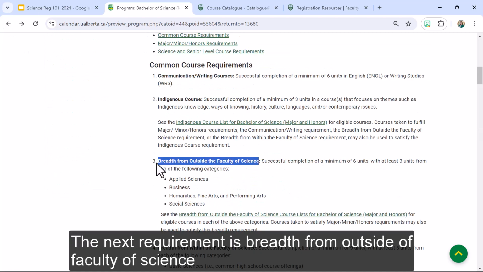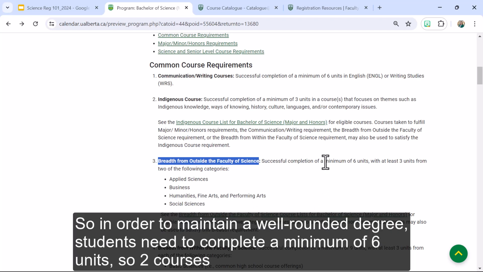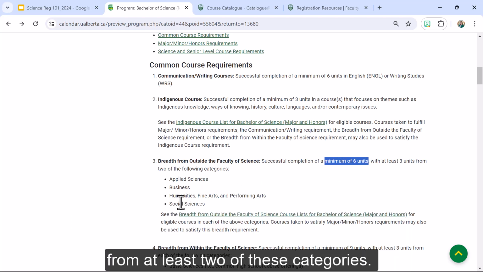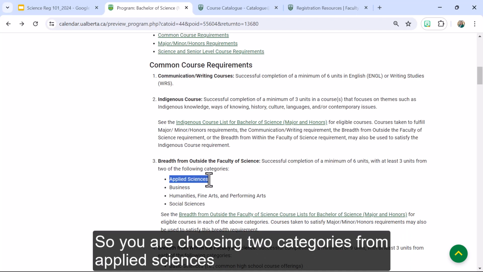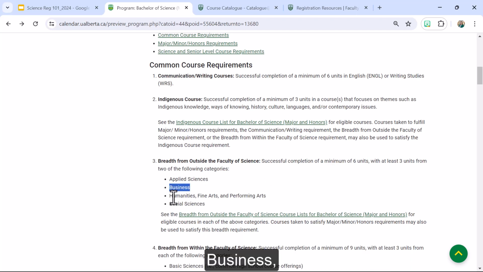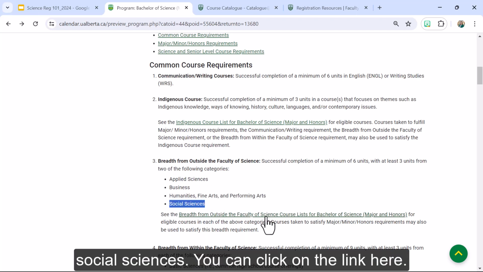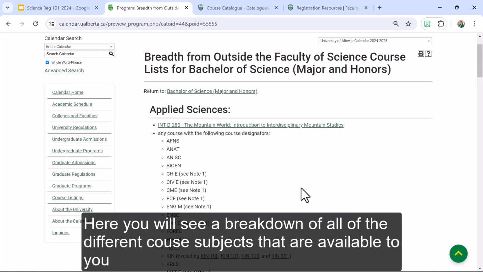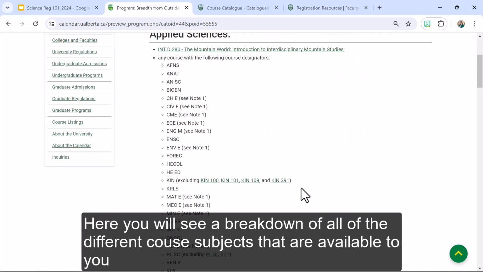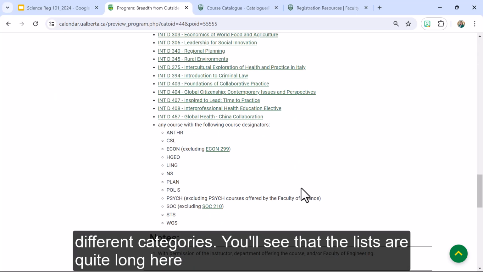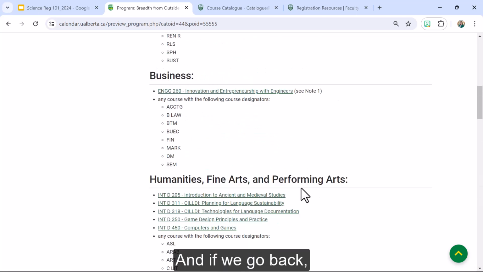The next requirement is breadth from outside of the Faculty of Science. In order to maintain a well-rounded degree, students need to complete a minimum of 6 units, so 2 courses, from at least 2 of these categories. So you're choosing 2 categories from Applied Sciences, Business, Humanities, Fine Arts and Performing Arts, and Social Sciences. You can click on the link here. Here you will see a breakdown of all of the different course subjects that are available to you in those different categories. You'll see that the lists are quite long here. And if we go back,